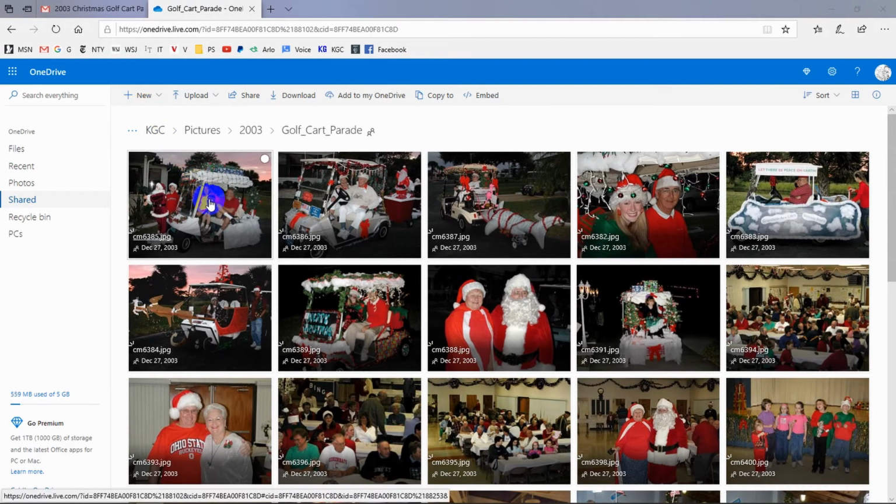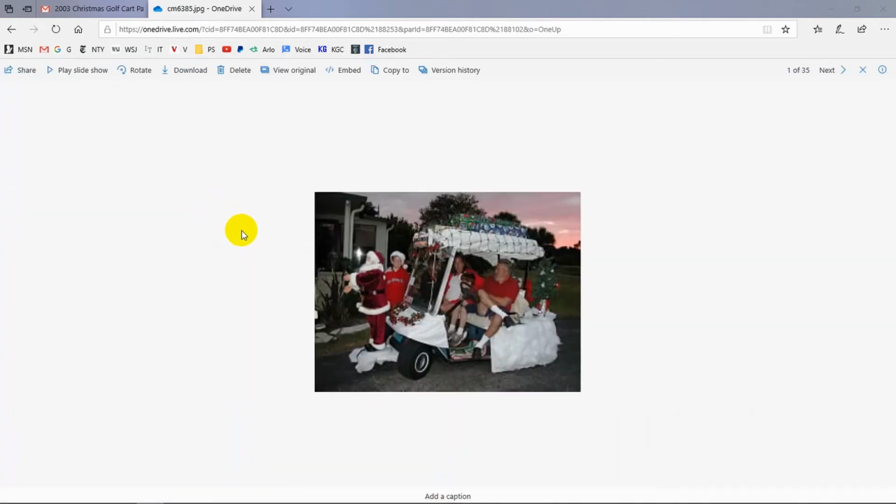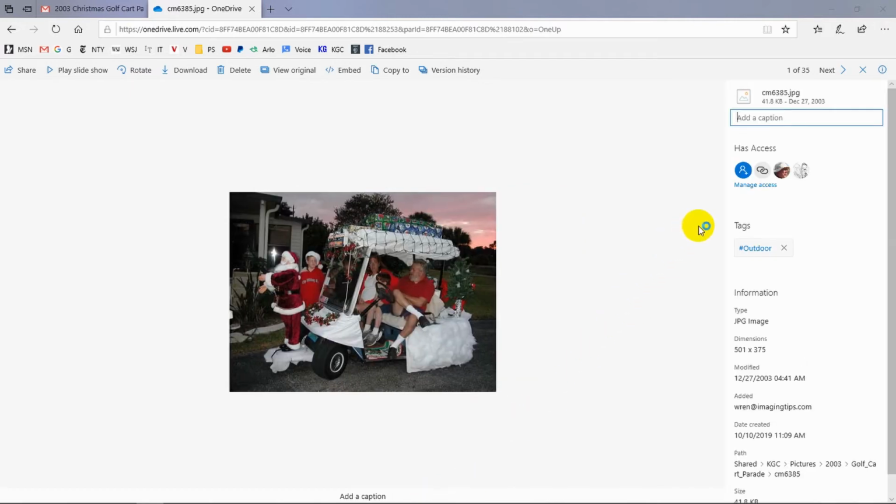To add captions, we double click on an image. We're viewing it here in full screen mode. These are not original images, so they don't cover the screen. And here's where it says add a caption. If we just click there, it opens up this details pane, and this is where you add the caption, right over here. This was a McDonald's that won, so we'll say McDonald's